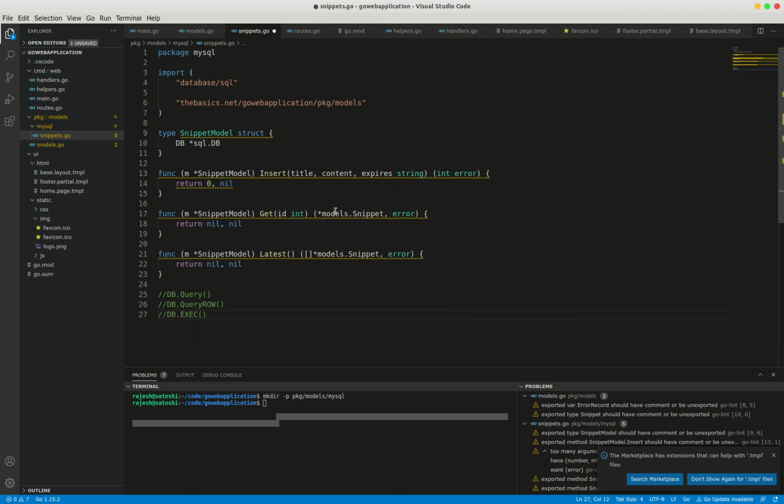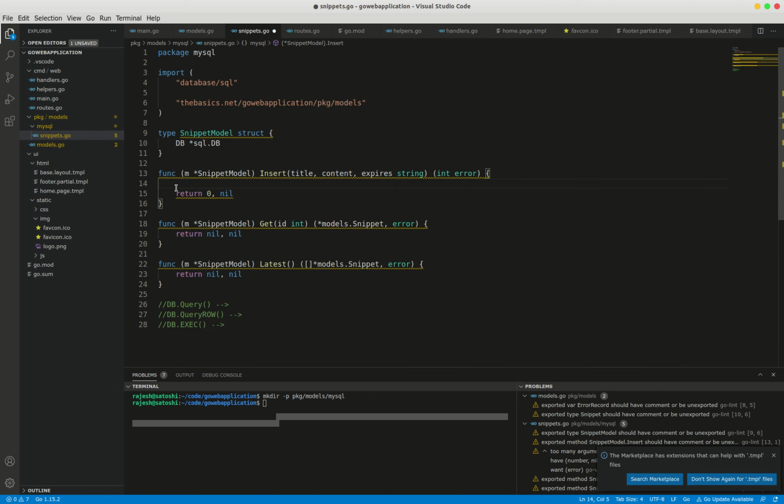In order to execute SQL queries in Golang, Golang provides three different methods for executing database queries. The first one is db.Query, which is used for select queries that return multiple rows. The second one is used for select queries which return a single row, and the third one is used for statements which don't return rows, like insert and delete. Okay, so I'm going to write the SQL query here in snippets.go,